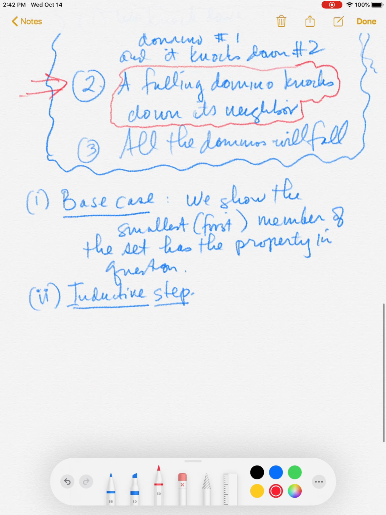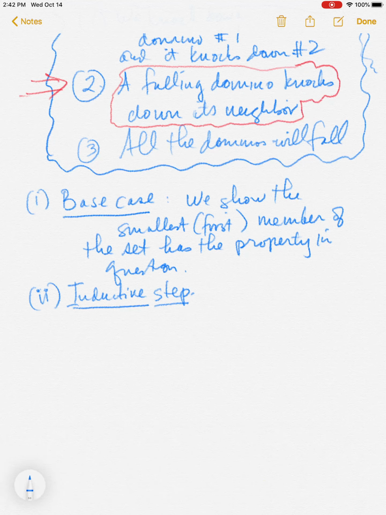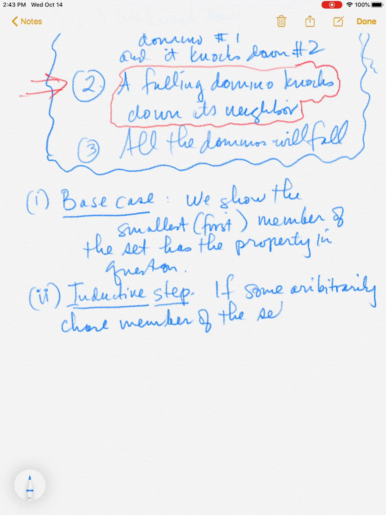And the way that we express that in general in the inductive step is that if some arbitrarily chosen member of this infinite set has the property in question,